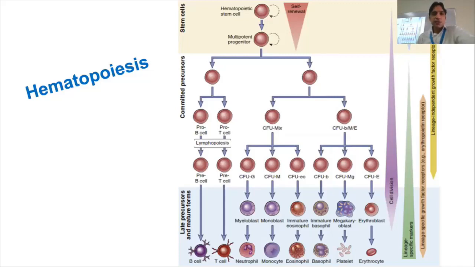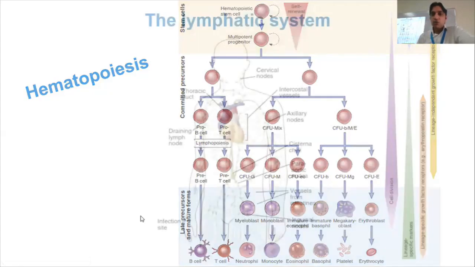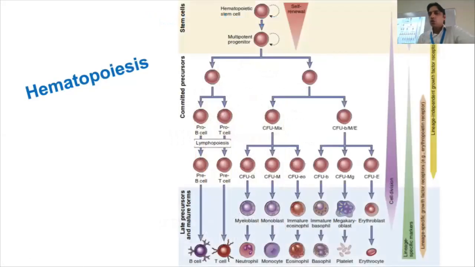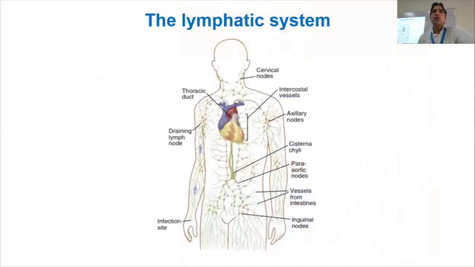Okay. So that is the process of hematopoiesis. I believe it will help you. If you have any question, I am open to answer your question. And you can guess all these cells are present in the bloodstream as well as in the lymphatic system, which we